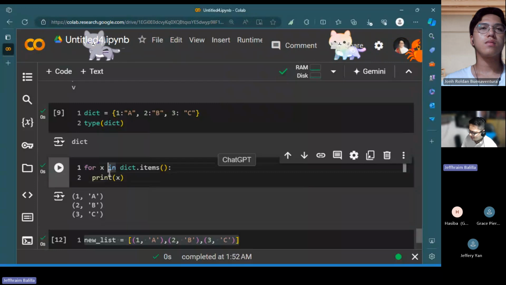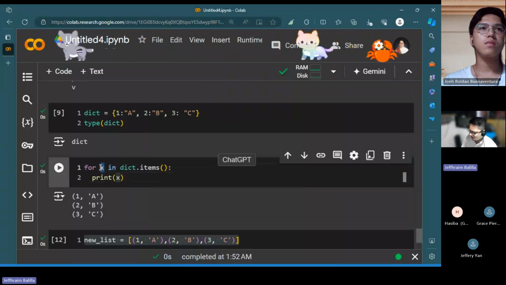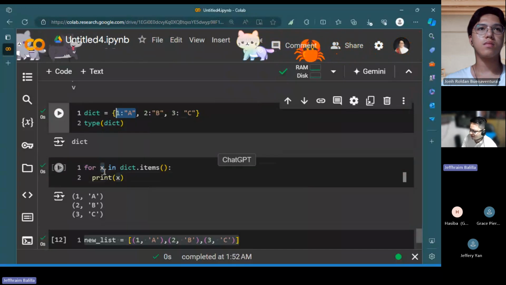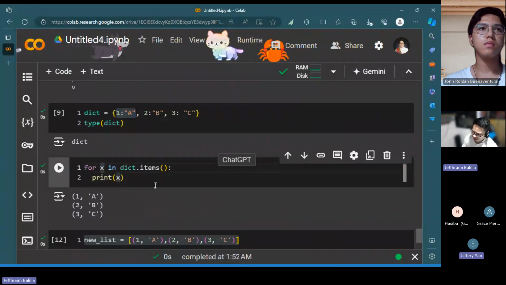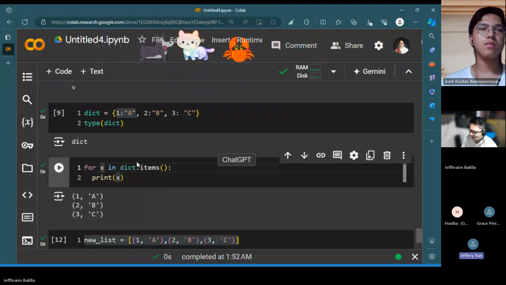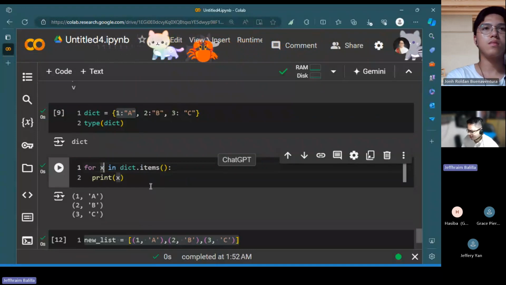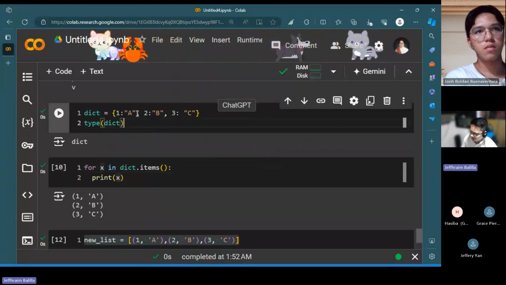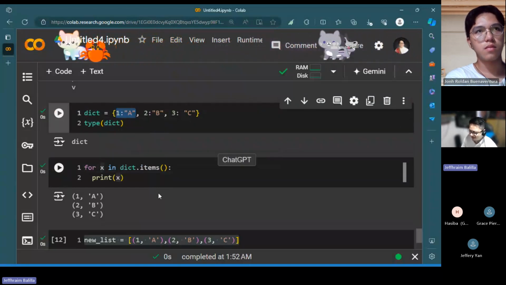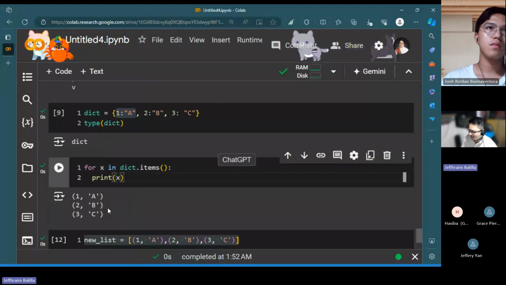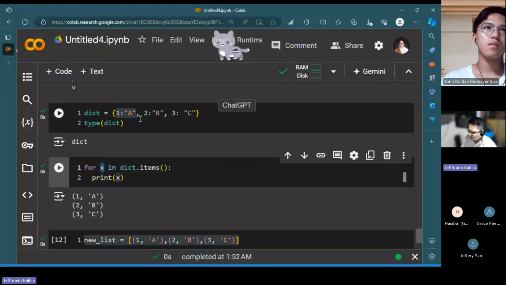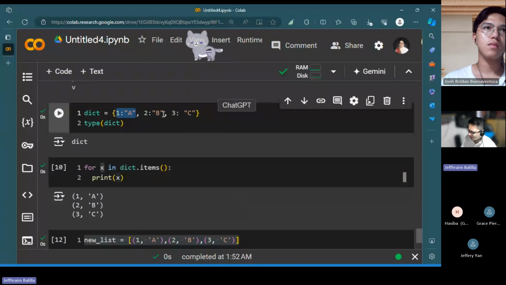So here you are wondering why it is able to capture both of these with just a single X. The system knows that once you're working with a dictionary, typically you want to have a pair of key values. So it automatically knows that if you just supply X in here, you are referring to the entirety of each of the records.